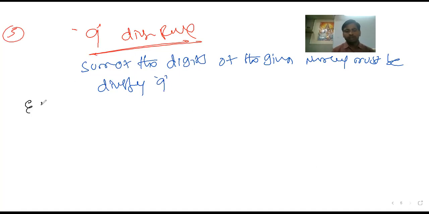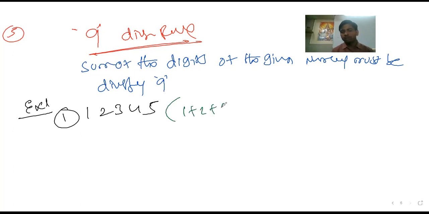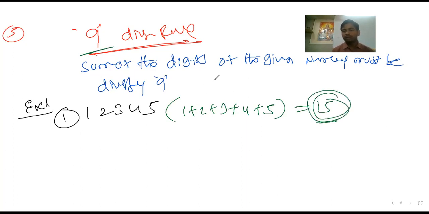Because, for example, let me take 1, 2, 3, 4, 5. This is example number 1. Same as the 3 table, please add all these digits: 1 plus 2 plus 3, 4, 5. The summation, how much did you get? 15. Is 15 divisible by 9? No, 9 ones are 9, 9 twos are 18. It is not 15. Therefore, it is not divisible by 9 table. Because 3 table means the summation must be divisible by 3, and 9 table means the summation must be divisible by 9. Otherwise, it is not.